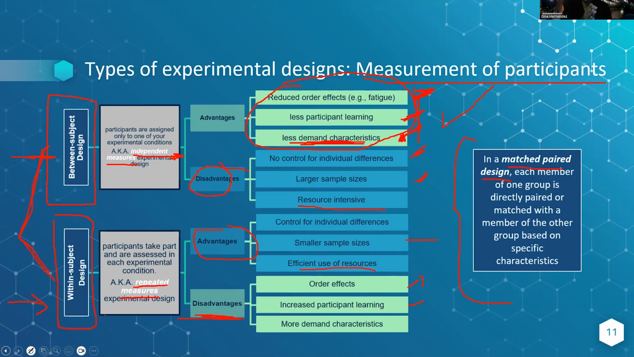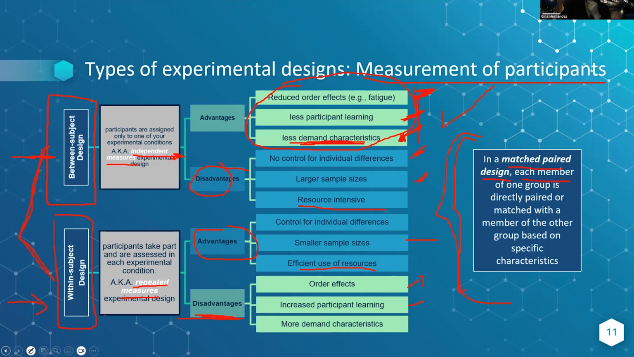So we have these experimental designs. You need to determine if your experiment will have 2 different groups and you will compare the results, or if you will have one group and then you will test them several times. These are the 2 designs. And we have this third one, which is the matched pair design. That is actually